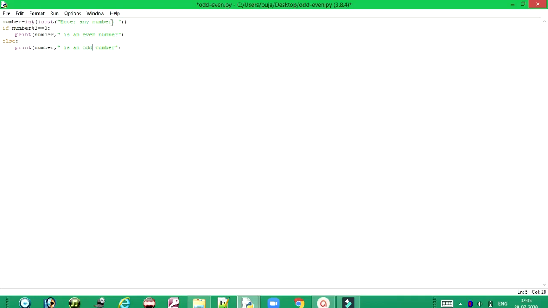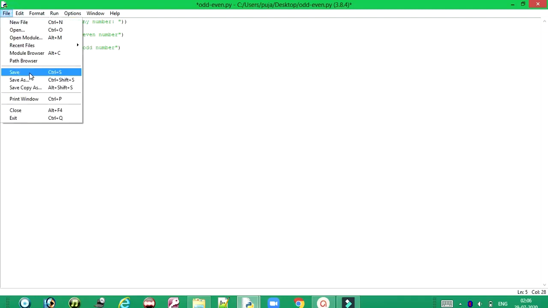So basically what we are doing here is we are taking a variable named number in which we will take the user input. The user will input any number of his or her choice. Now the logic which we are using is the definition of an even number, which says the number must be divisible by 2. That means if the number is divided by 2, the remainder will be 0. So if this condition is true, your number will be an even number, and if this condition is not true, that is if the condition is false, the control will come to the else part and this line will be printed: the number is an odd number.